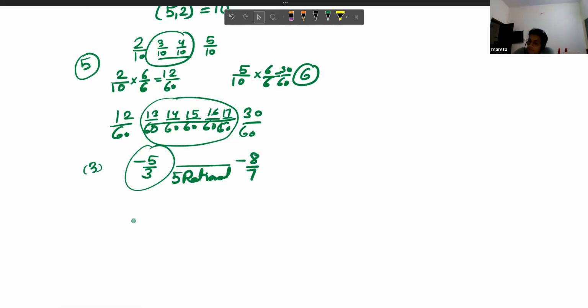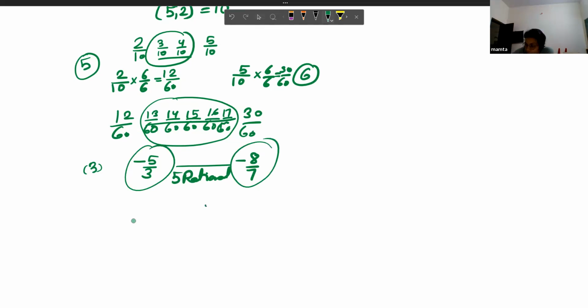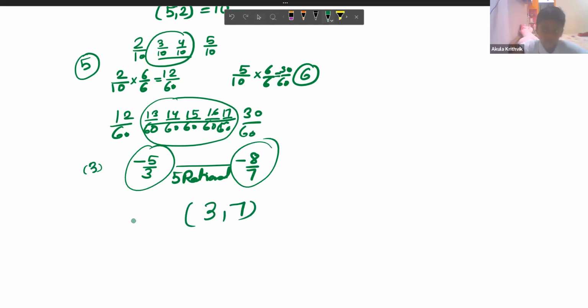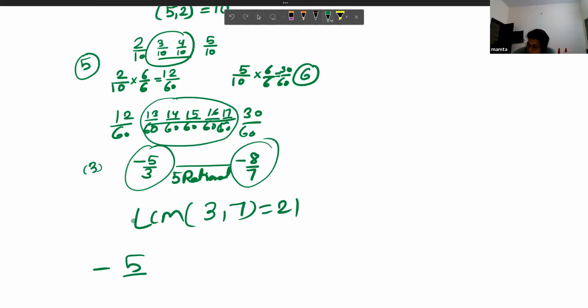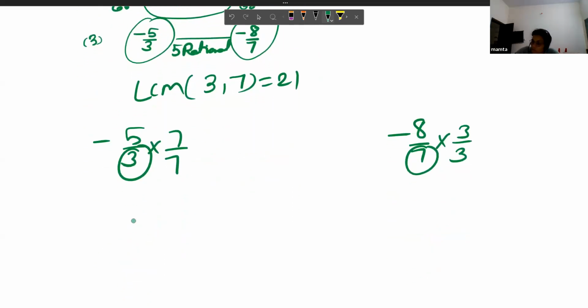Find the 5 rational numbers between these two. First, what is the LCM of 3 and 7? 21. So how would you make this denominator 21? By multiplying and dividing with 7. How would you make the 7 in 8 by 7 into 21? By multiplying and dividing with 3. Okay. So now this fraction changes to